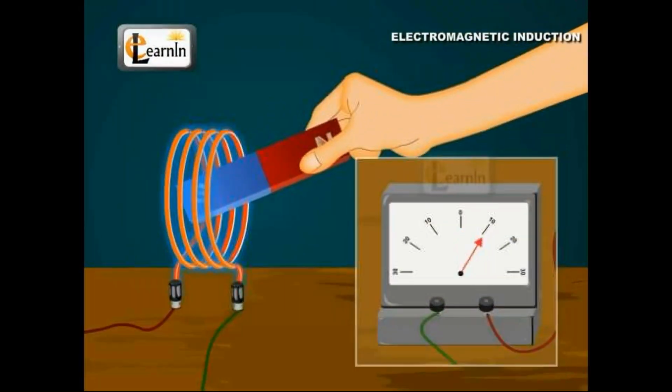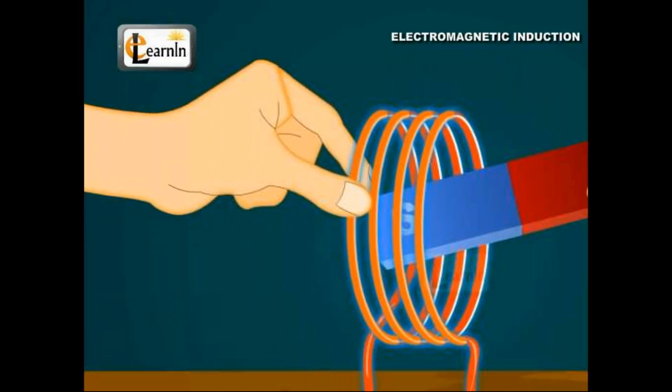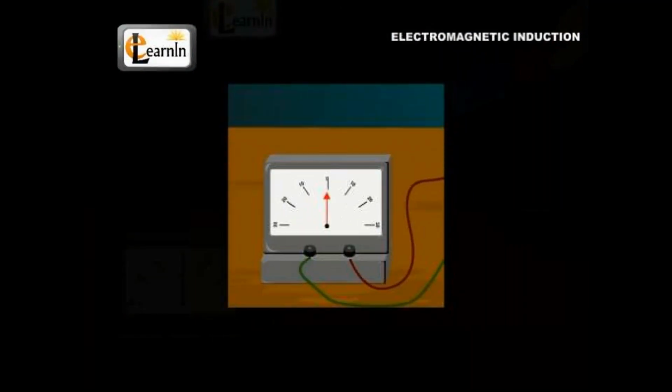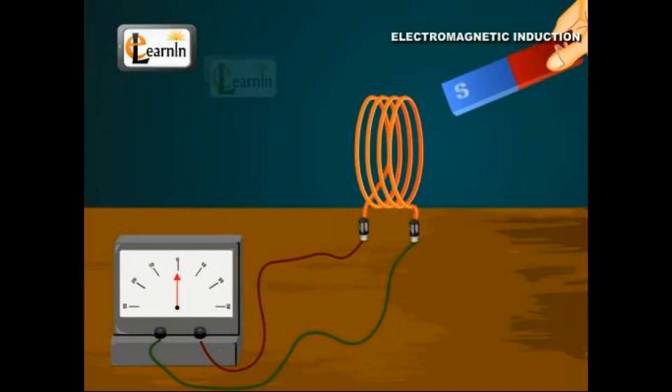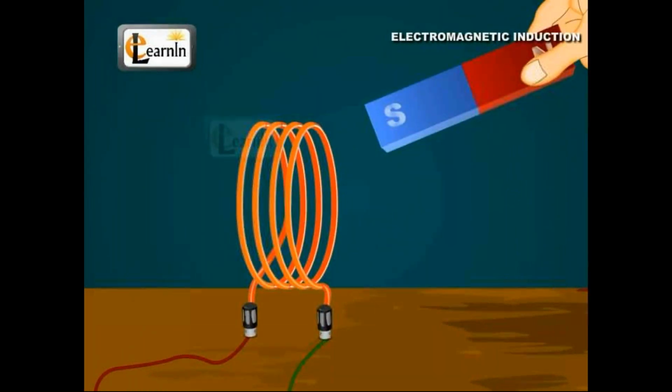If you hold the magnet with its south pole facing the coil and repeat the above steps, the deflections are again observed, but are reversed. Similarly, motion of the coil itself also produces deflections in the galvanometer. Now the magnet is stationary and the coil is in rotating motion. When the magnet is kept stationary, do you observe any deflection when you just hold the magnet stationary near the coil at rest? No. A relative motion of a magnet and a coil induces the current in the coil.